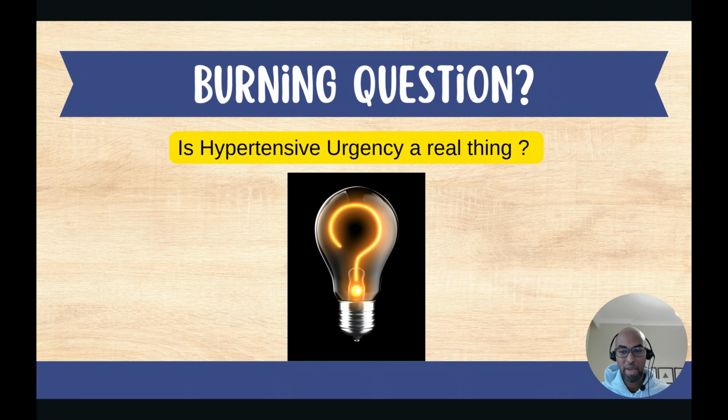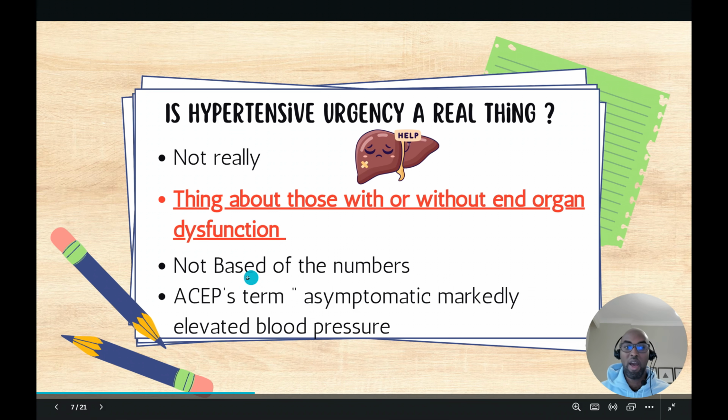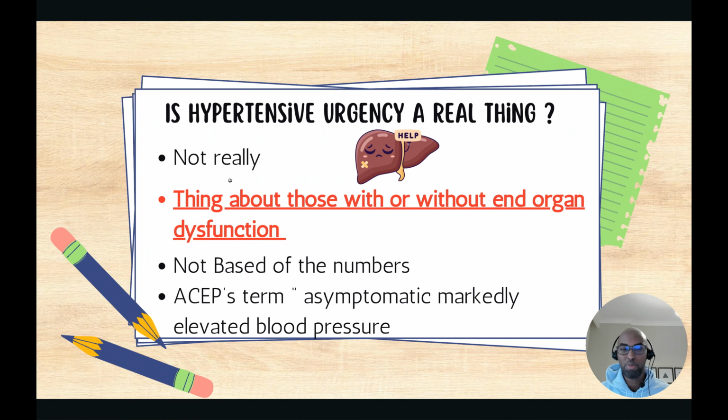But there is a debate about whether hypertensive urgency is a real thing or not. The American College of Emergency Physicians said there is a better term than hypertensive urgency: asymptomatic, markedly elevated blood pressure. And they said this is not a real thing, so you have to put your focus